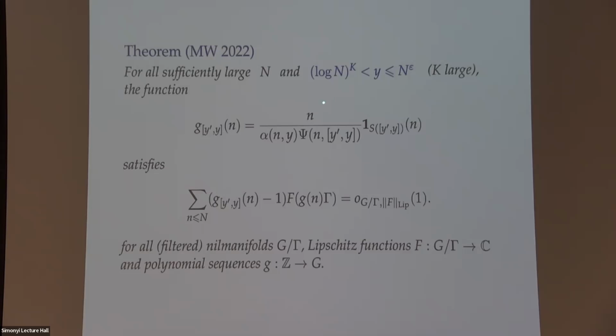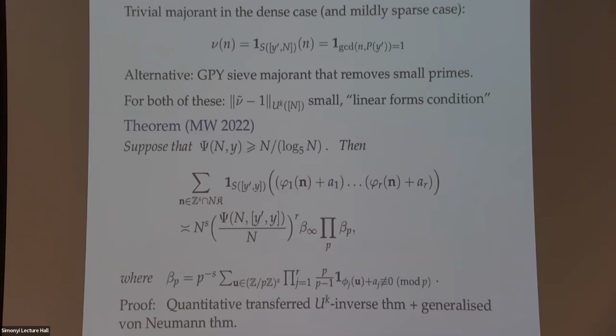If your smoothness parameter y is sufficiently close to the upper range here, so if you are in the dense or in a mildly sparse case, you can use a trivial majorant to work with. We are going to use a majorizing function that is the characteristic function of integers that have no small prime factor. That function can be used. It's been studied in a recent paper of Tao and Teräväinen,